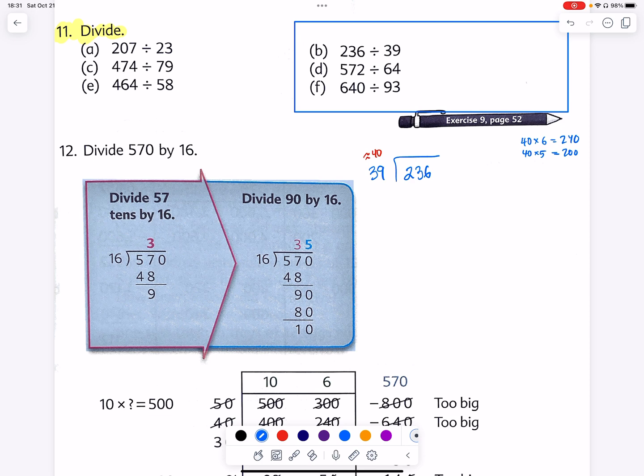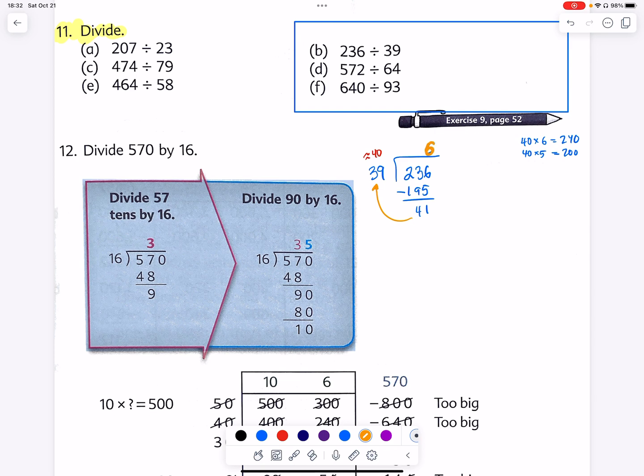Let's do 5 times. 39 times 5. Well, 30 times 5 is 150. 9 times 5 is 45. I knew something was going wrong with my writing. So 150 plus 45 is 195. Let's find the remainder. 6 minus 5 is 1. 13 minus 9 is 4. My friends, our remainder, take a look. Our remainder is larger. Therefore, we can fit 39 one more time into